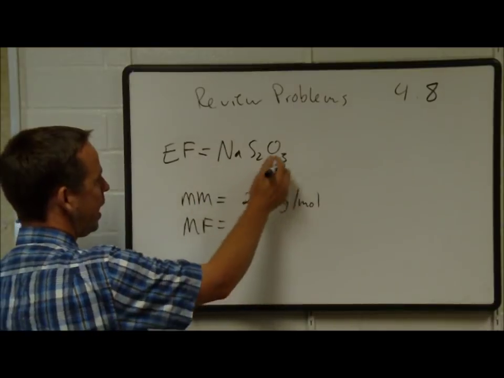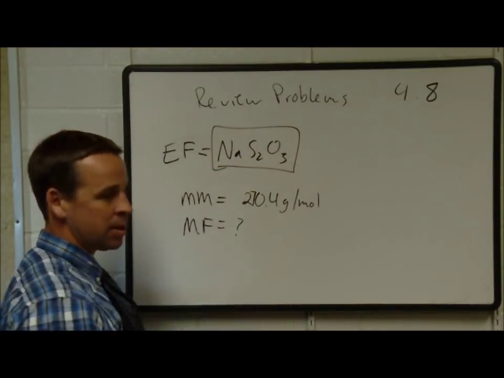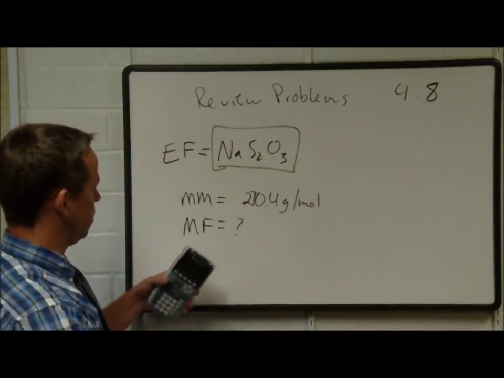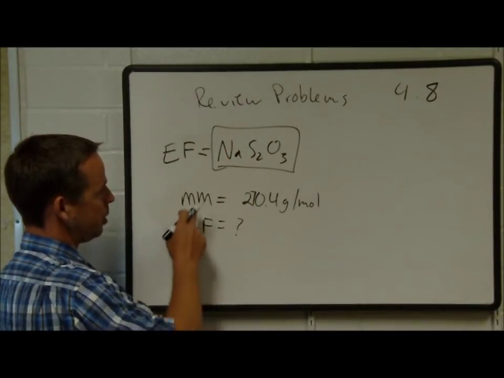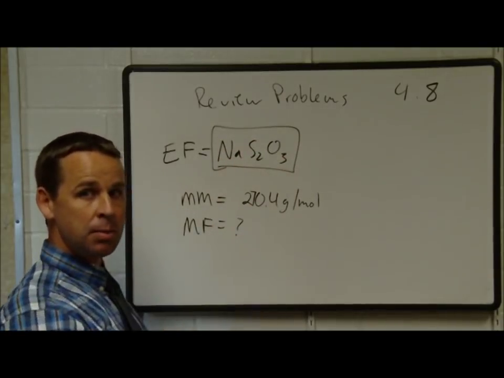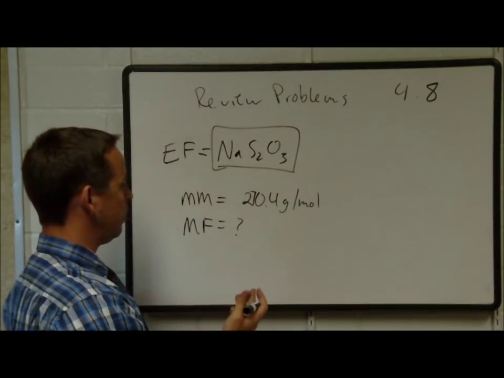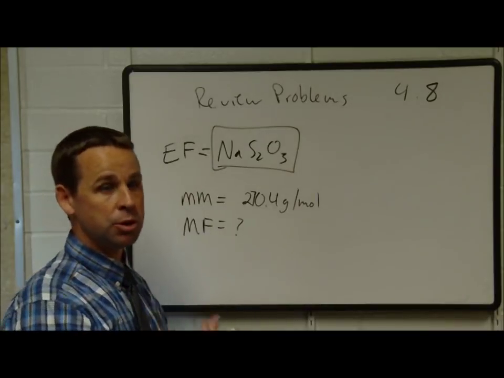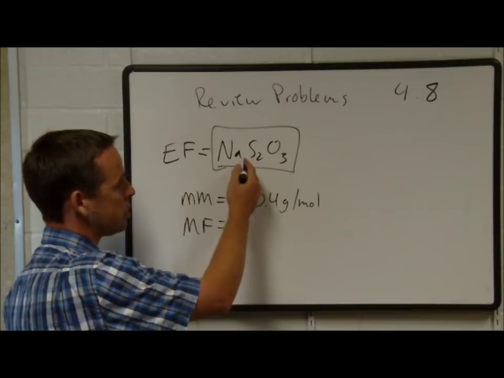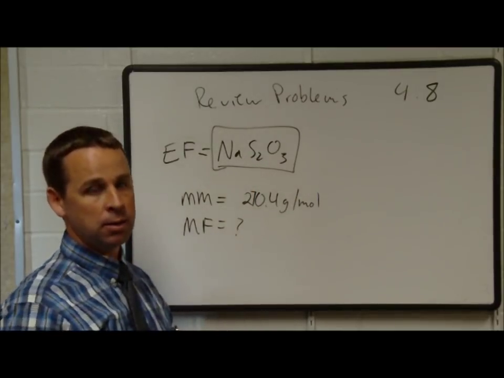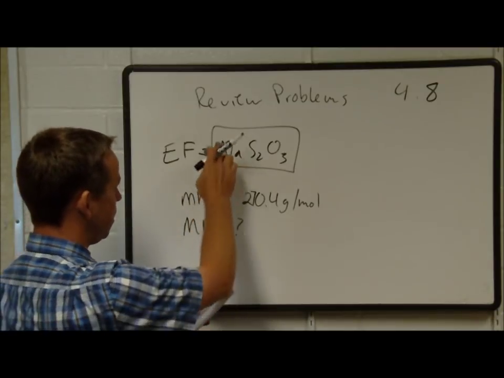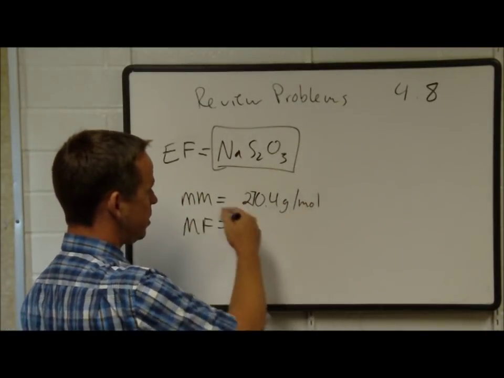Well, we can add this mass up. We know that there is a relationship between the empirical formula and the molecular formula, right? The empirical formula and the molecular formula are the same thing, with the difference being that there's some multiplier in the molecular formula by which we have to multiply all these subscripts 1, 2, and 3 to get the molecular formula. So we can just add up this mass here and find out if it's the molecular